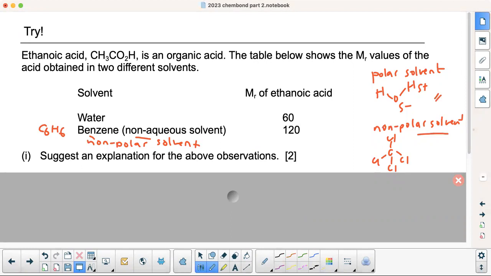Any explanation? Just tell me why this is 120, that's all. I think you all should get it. Give an explanation for why, when ethanoic acid is put in benzene, it has an MR of 120. You all should be able to write it. So in water it's 60, but in benzene it's 120. So what happens when it goes into benzene? You form a